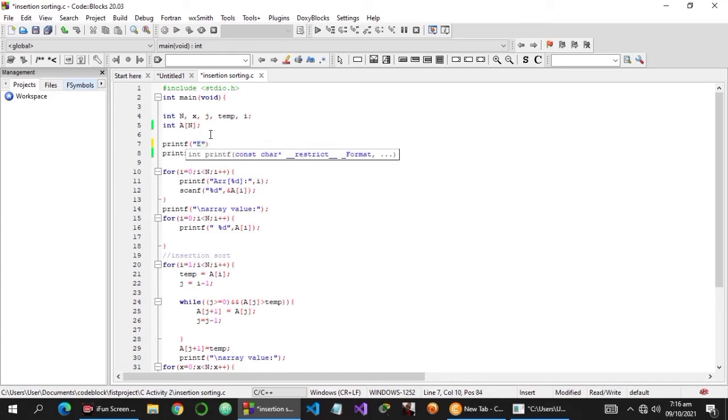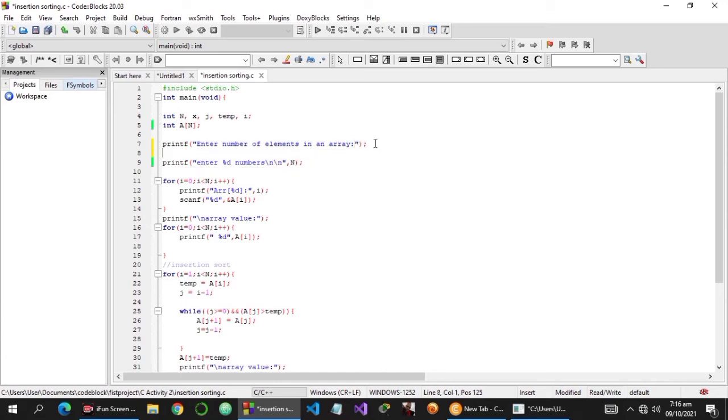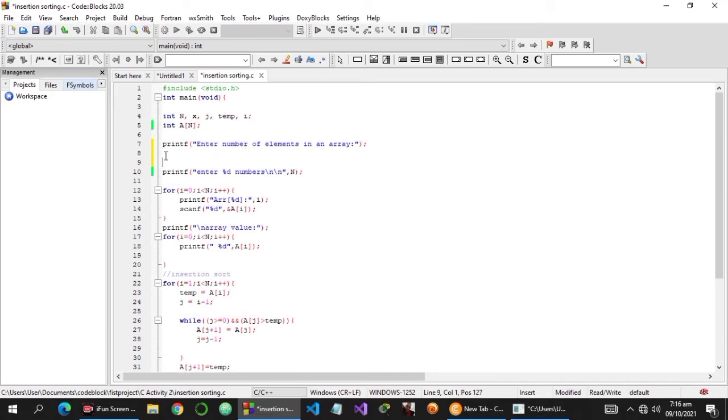So, enter number of elements in an array. Okay. Then, of course, scanf to take the user's input. Scanf. Then, we put it into